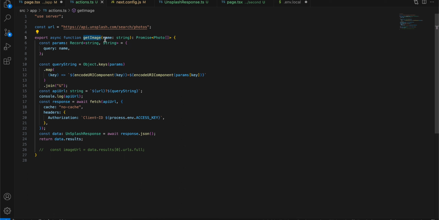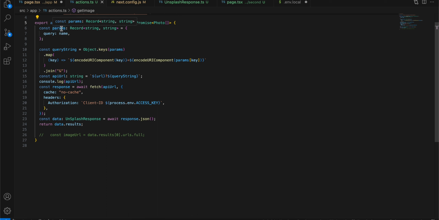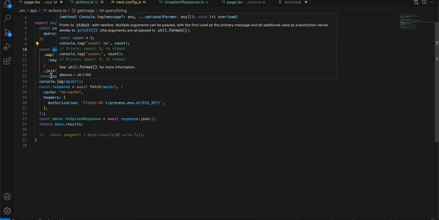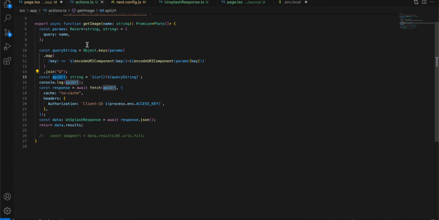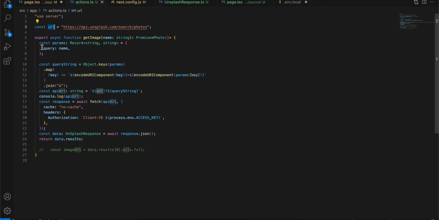Next, this is the getImage function, and we are passing the name from our client side, and this is how we send the params to our server action. I'm generating a query string for this. This is how it looks, and from that we will generate the entire URL. We already have this URL, and we pass this query colon name, and then we encode it. This is all TypeScript magic which we have to do. Okay, and once we get the entire API URL,